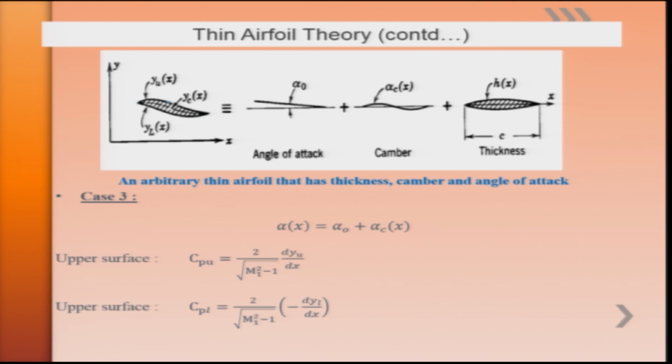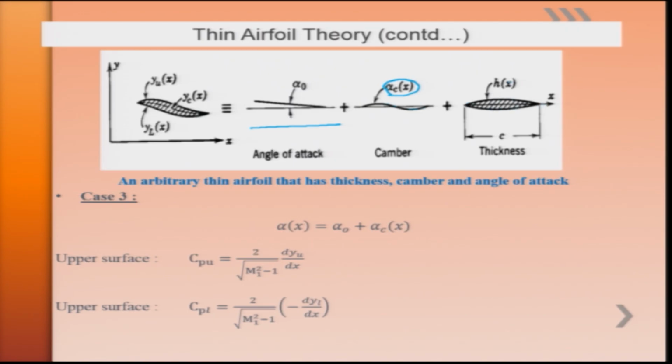Here a general shaped airfoil is considered, first at an angle of attack alpha naught, let us say a flat plate. The second case is that this flat plate is given a camber distribution, where at each point some angle is being experienced. However, this camber in nature is something on this side, upper and lower. Third case, we are considering a